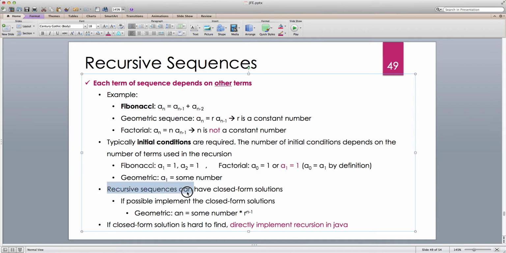Recursive sequences can in fact have closed form solutions. In fact, Fibonacci has a closed form solution, and a geometric sequence has a closed form solution, and for geometric it is very simple. an is just a1 times r to the n minus 1 power, and you can easily verify that. And there are mathematical ways to calculate the closed form solution, if it's possible to calculate it for recursive sequences. So if you're writing Java code for recursive sequences, if it has a closed form solution, it's better to implement those,